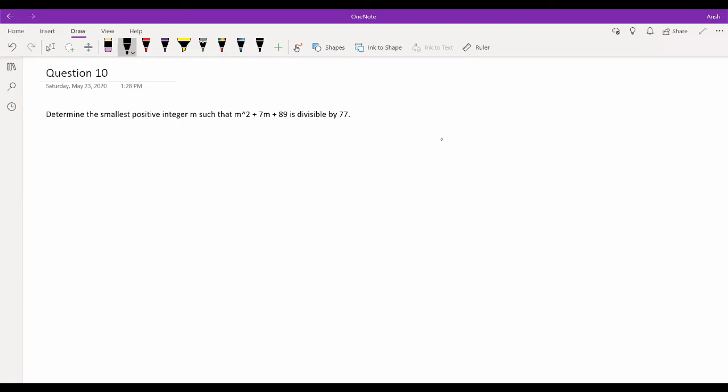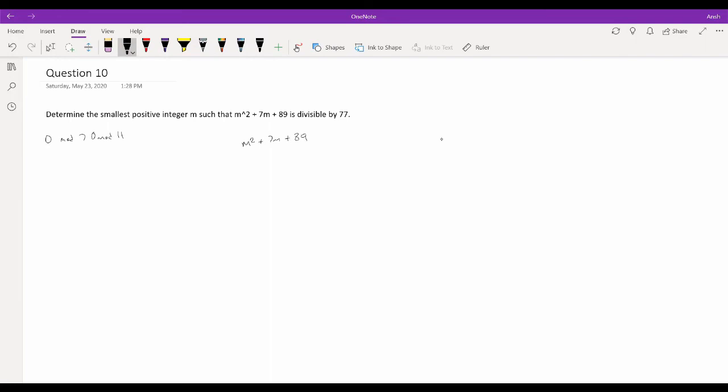But what this also implies is if we want to find a solution in, let's say, mod 77, we can just find the corresponding solutions to 7 and 11. So we want to find something that is 0 mod 77. And this is equivalent to finding an integer m that satisfies that this quadratic is both 0 mod 7 and 0 mod 11. So if we were to take this mod 7, well, m squared plus 7m plus 89,